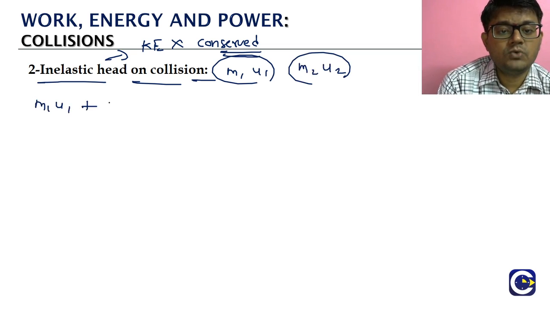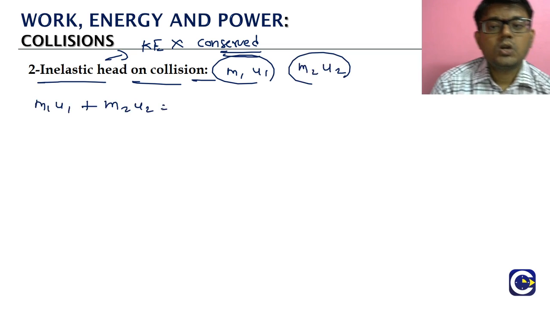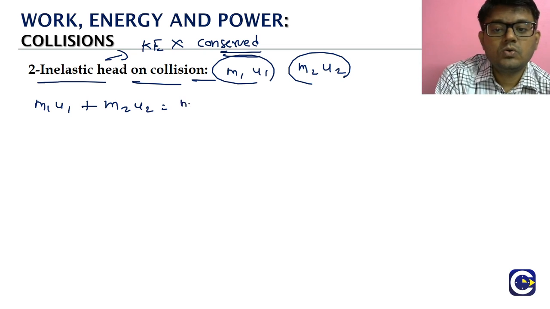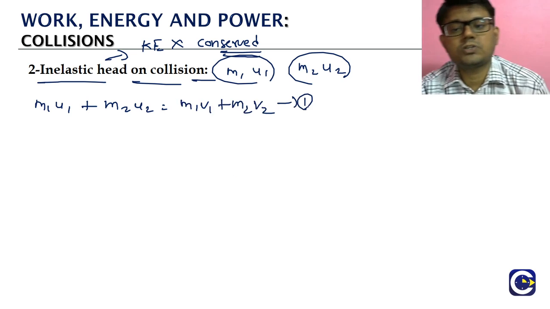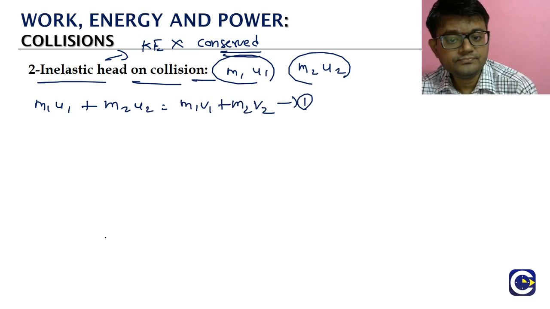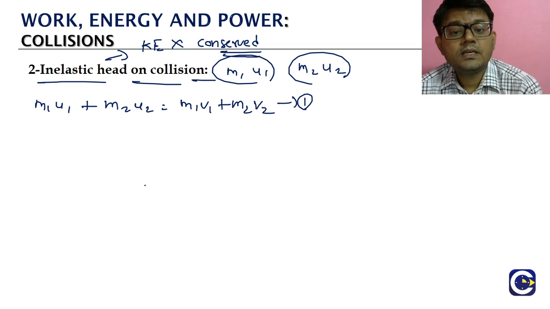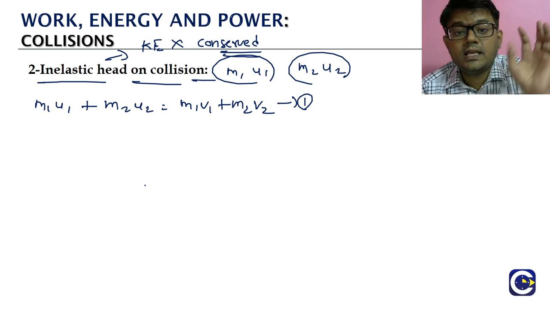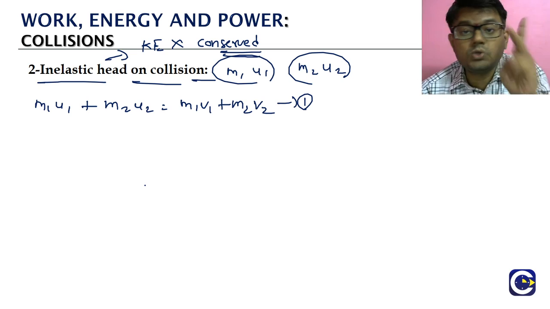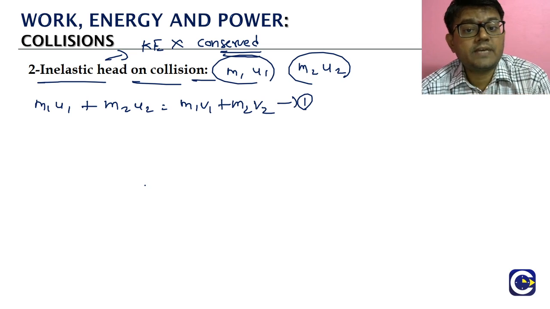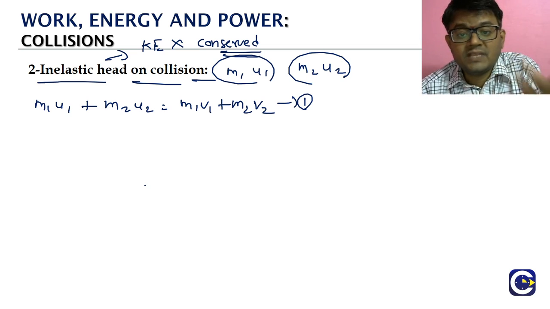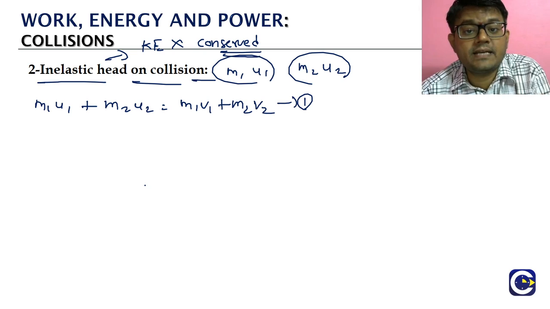What is it? m1 u1 plus m2 u2, total momentum before the collision is equal to total momentum after the collision. Okay, so v1 and v2 are what? The particles oda velocities after the collision. But enna theriyuma, because in the elastic head-on we got two equations. One equation coming from the conservation of momentum, ரெண்டாவது coming from the conservation of kinetic energy. But inga adu varadu, ஏன்னா we will not have kinetic energy conserved.